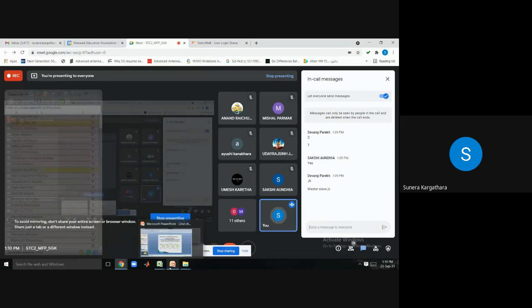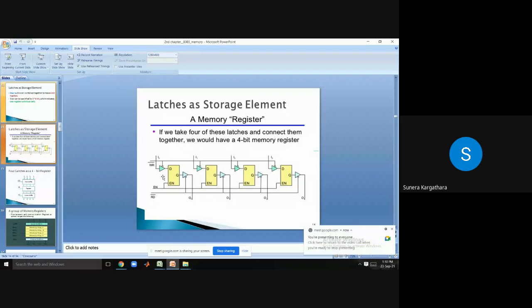And the D flip-flop, the data flip-flop, is like, if you are applying input 1, your output is 1. If you are applying input 0, your output is 0, right? Whatever you will apply as an input, that will be held by that flip-flop. So generally, in memory, our requirement is that we want to hold our data. So basically, to form a memory, a D type of flip-flop can be used. Am I communicating, student? Right?